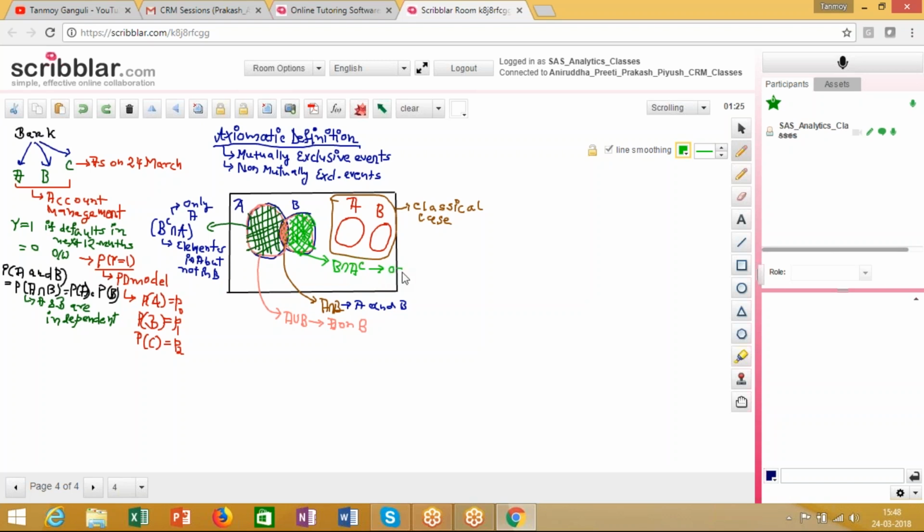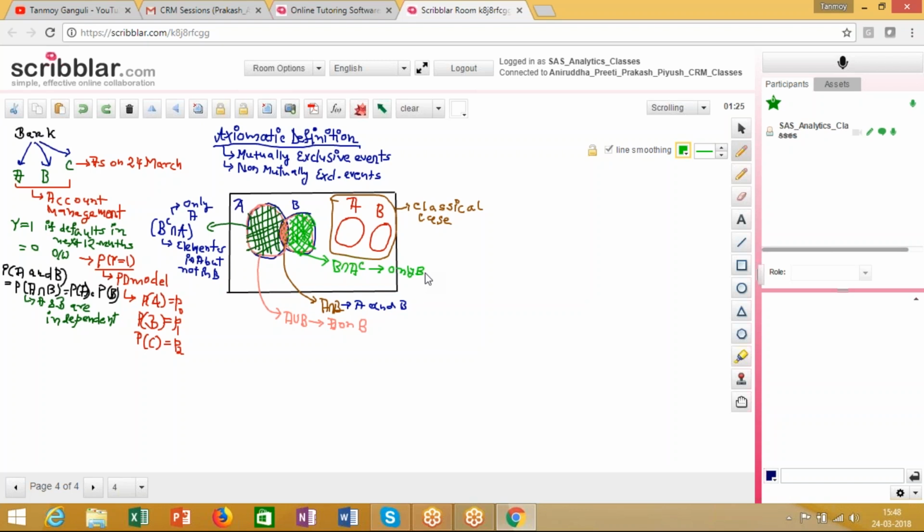Now you can clearly see that this part that we have labeled over here is not a part of the classical definition the way we had said it. So basically the events that will happen over here are not mutually exclusive, they can be non-mutually exclusive as well. So where both A and B can occur, A or B can occur, only A can occur, only B can occur, right? So from this framework of the set theory,